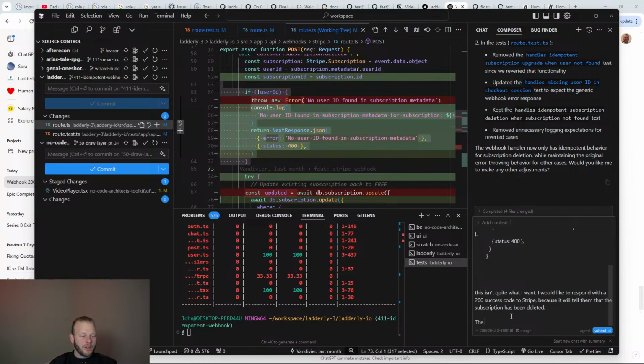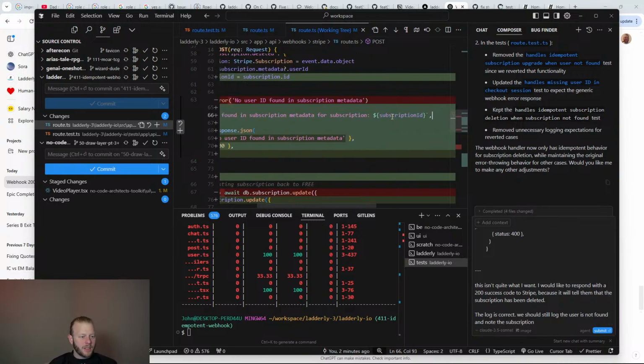The log is correct. We should still log the user is not found, and note the subscription ID. And I think that's being done correctly, yeah.